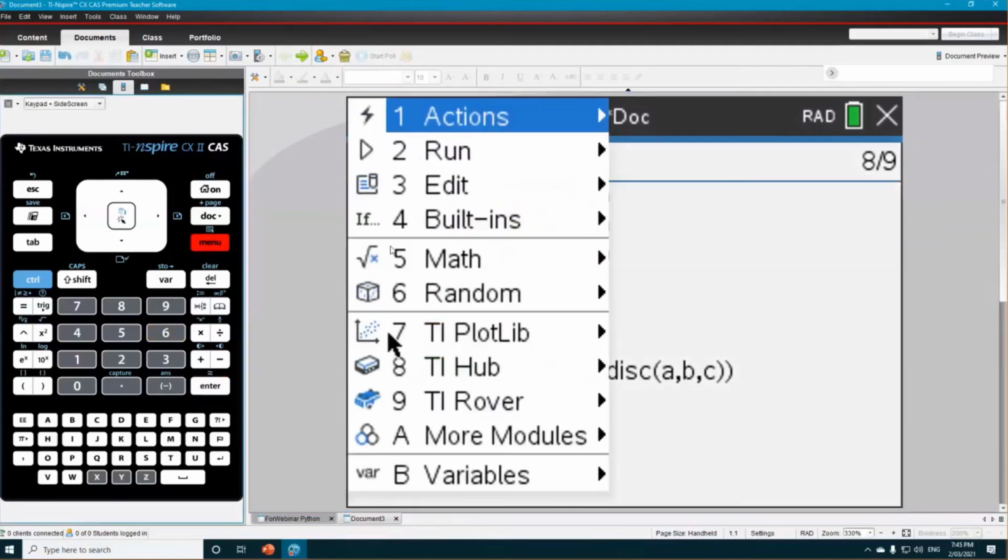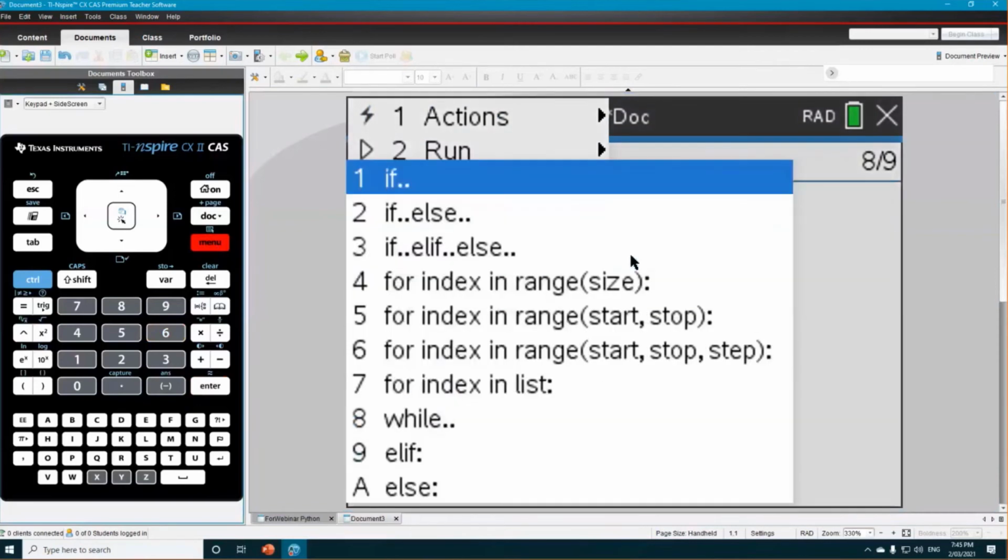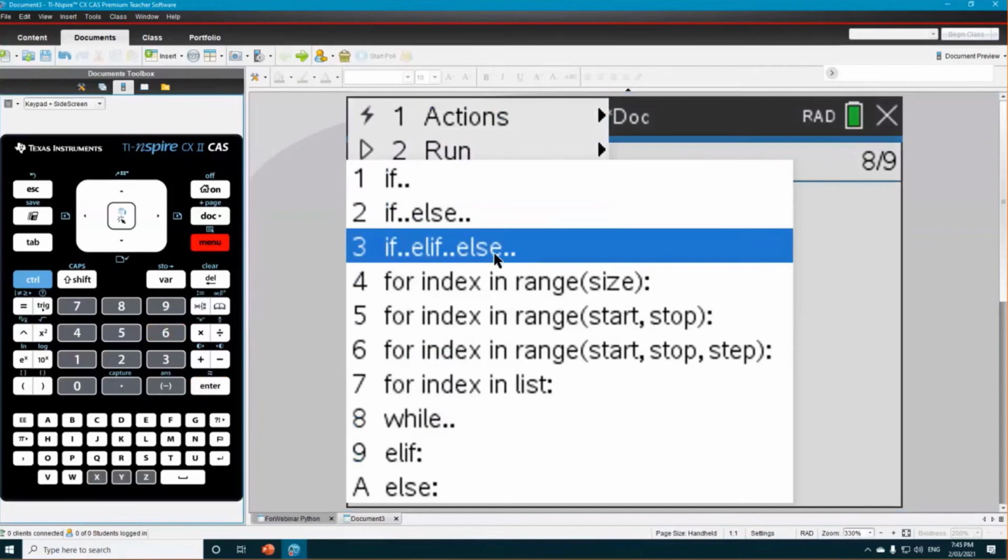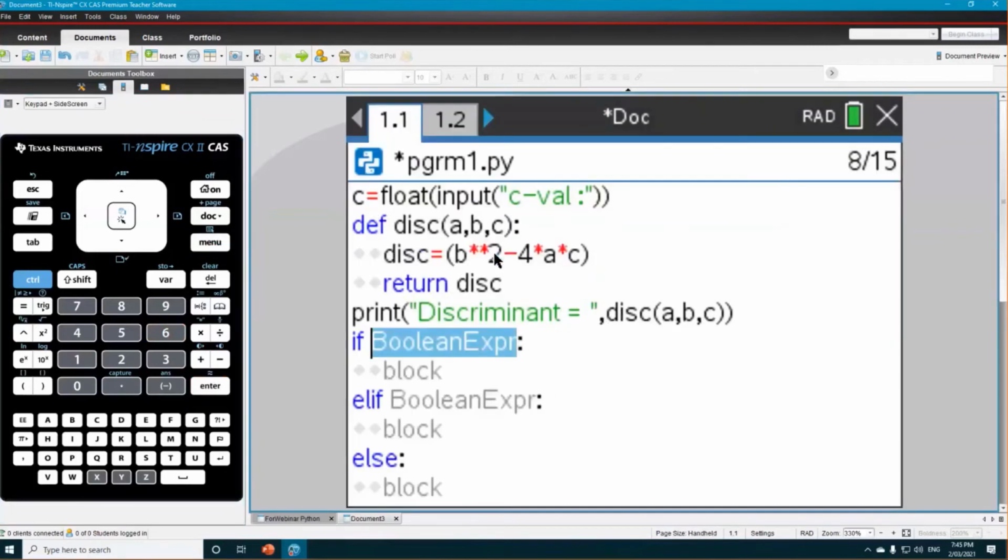Menu, and under built-ins, now I'm going under controls. So I actually want to do this one, if, else if, and else. So let's do this, and you'll see it actually puts these by default. My indenting and everything is correct, so I don't have to worry over here. So what's my condition now? So I'm going to say if the discriminant, and just to play it safe, I'll use the discriminant in that form with ABC. So if my discriminant, now I need to give the condition, I need a bracket there,